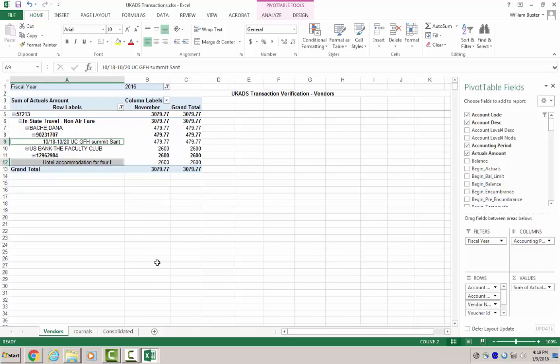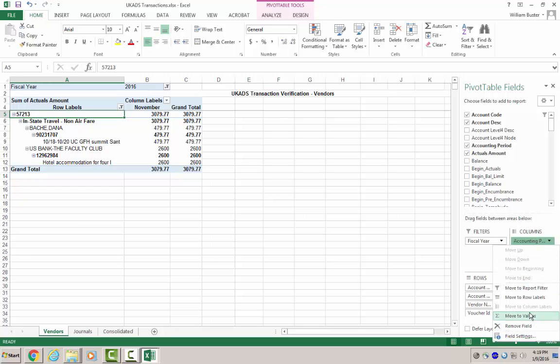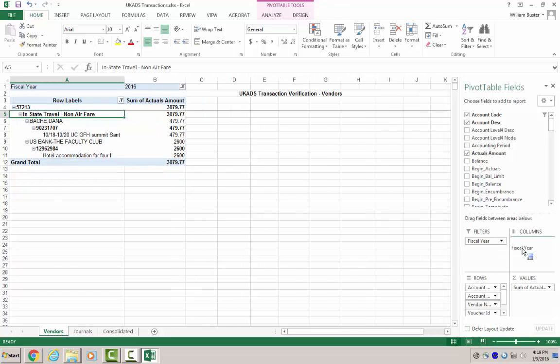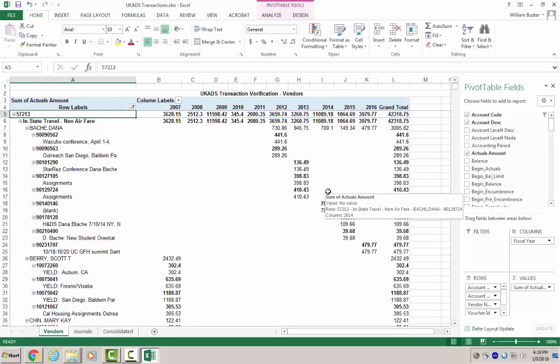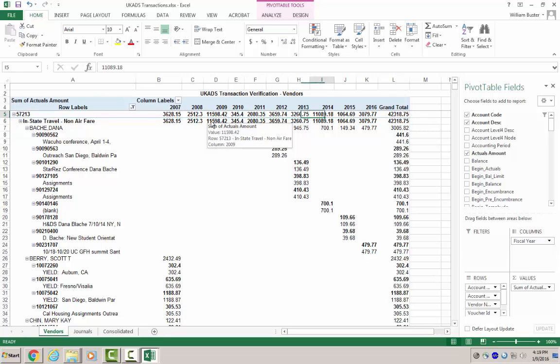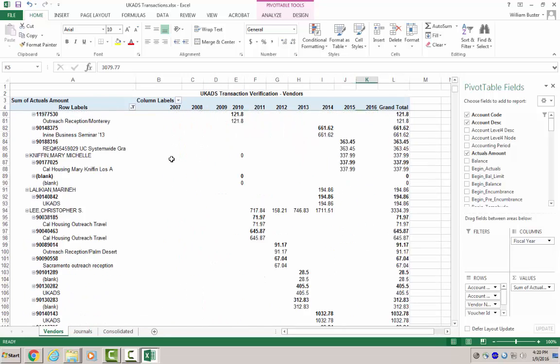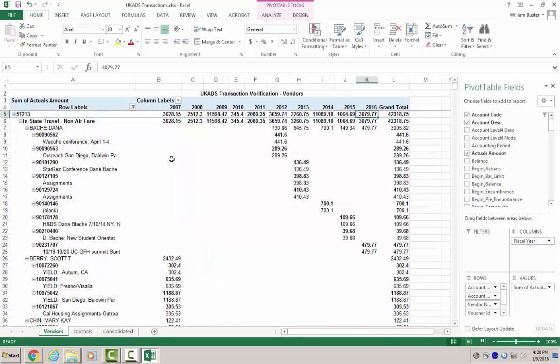Let's take another hypothetical and say, I want to see what happened in this particular account year over year. By leveraging these default views, we can change from an accounting period. Let's say the months aren't important to you, but you want to know annual totals. We'll remove this field and drag your fiscal year over. There, in a snapshot, you can see your annual totals spent through this particular account year over year and the corresponding detail associated with it. Just like you were using in your historical analysis, you have the ability to see annual expenditures per account, fund, project, and flex, and have the ability to hone in on the actual details associated with